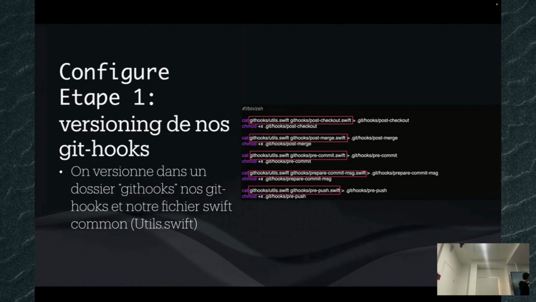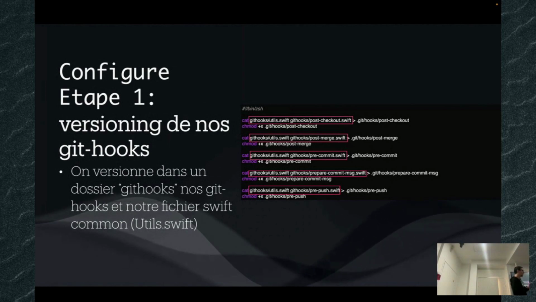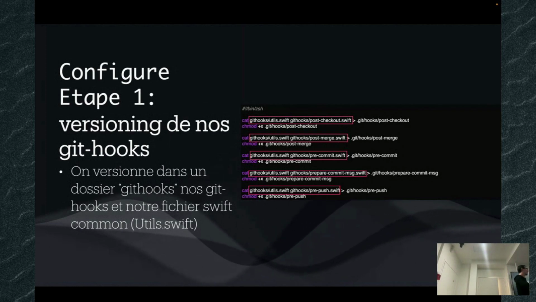When we execute the script, and you need to execute it when you clone the project, it takes all the Git hooks that will be copy-pasted into your .git folder, because remember, it's not versioned there, there is nothing here, and you have to do something to put them here. All right, so we have written our Swift, our future Git hooks, but I have put them here